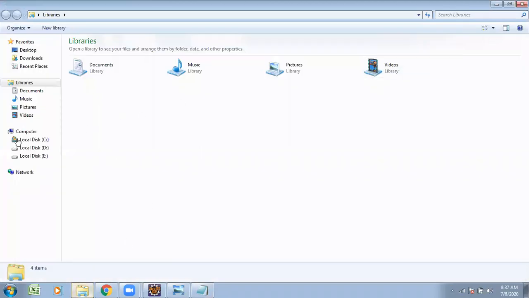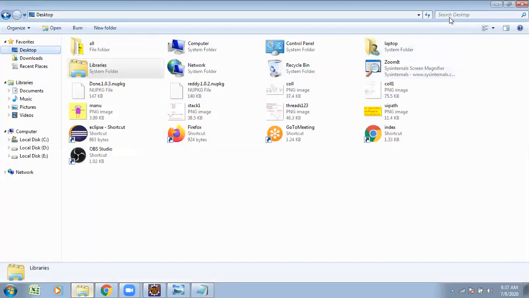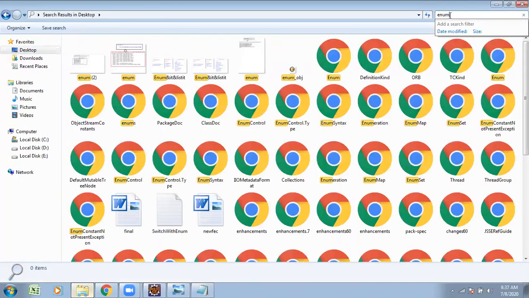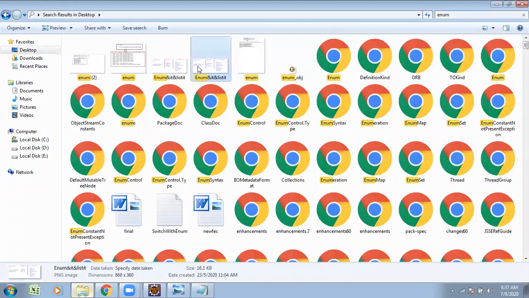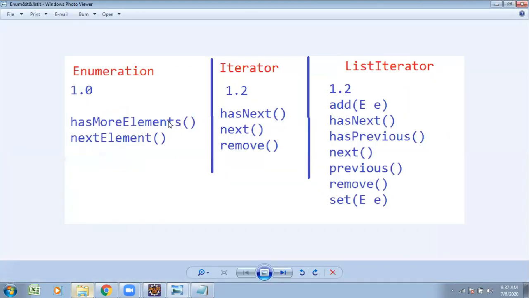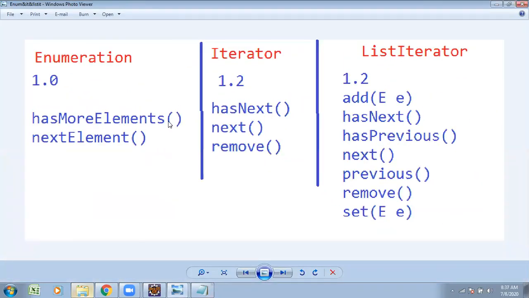Try to see one small diagrammatical presentation of that. Enumeration, iterator, list iterator. See once. The Enumeration interface came into existence with the JDK 1.0 version. But what are the problems with enumeration? Enumeration supports only forward direction.